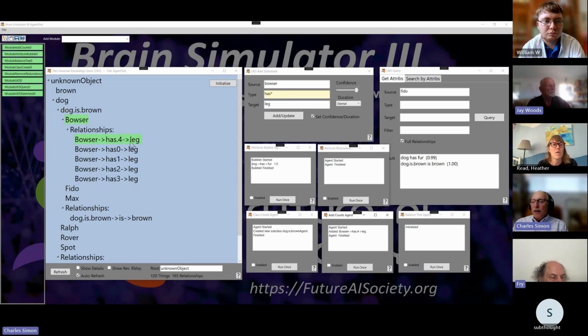Now, I've written these in such a way that each one of the agents takes a thing at some point in the code. And so you can say, I want to bubble all the attributes of this thing as appropriate, or I want to remove redundancy from this thing. And so when you think about how this is in your mind, having an agent that goes through and looks at all of the entries in the data structure is exceedingly